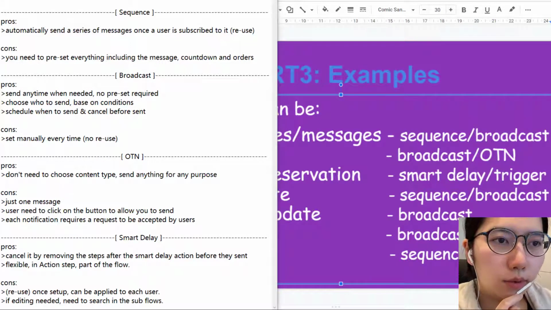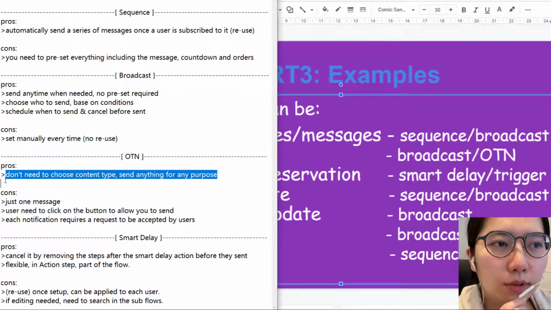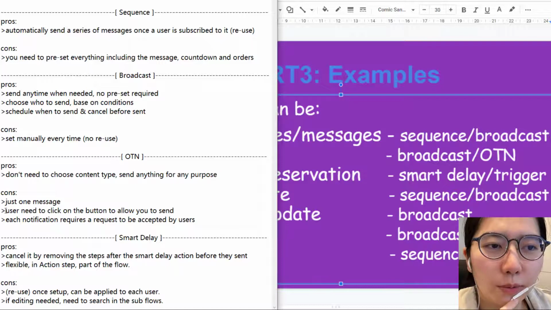Okay, OTN pros: you don't need to choose a content type and you can send anything for any purpose. For other ways to send a delayed message, you always need to assign an appropriate content type, otherwise your page gets affected. So for OTN, you don't need to worry about content type. You can send anything. That's the good news, but the bad news is